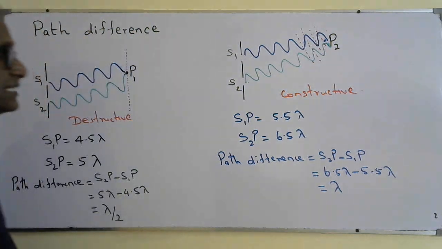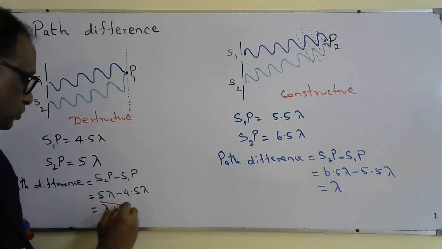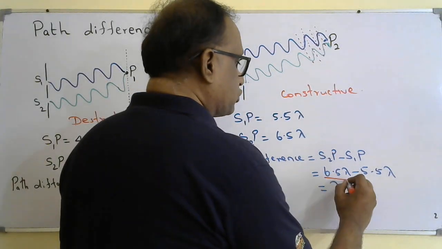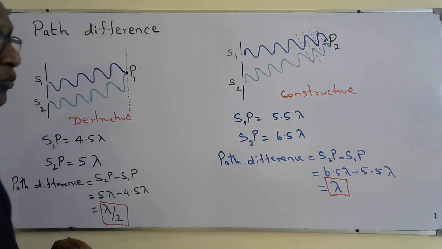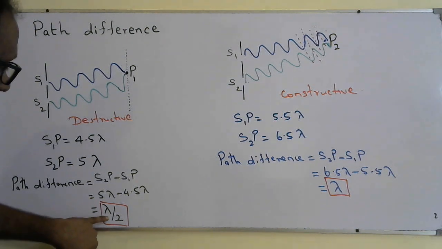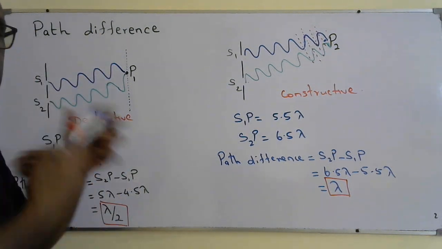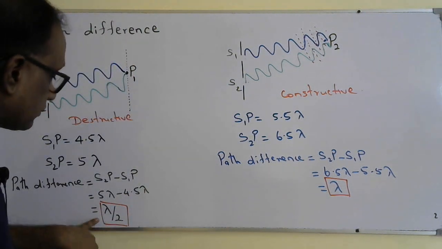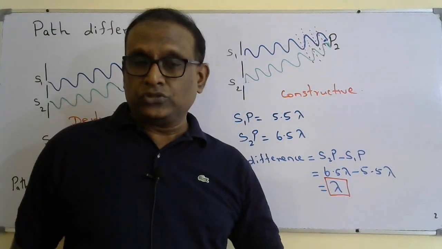To have destructive superposition, we know the path difference should be lambda by 2. To have constructive superposition, the path difference should be lambda, but that is not the required path difference here. We can imagine a path difference of lambda by 2, meaning crest and trough will overlap. If you are interested, you can draw it and see. If the path difference is 3 lambda by 2, that is 1.5 lambda,